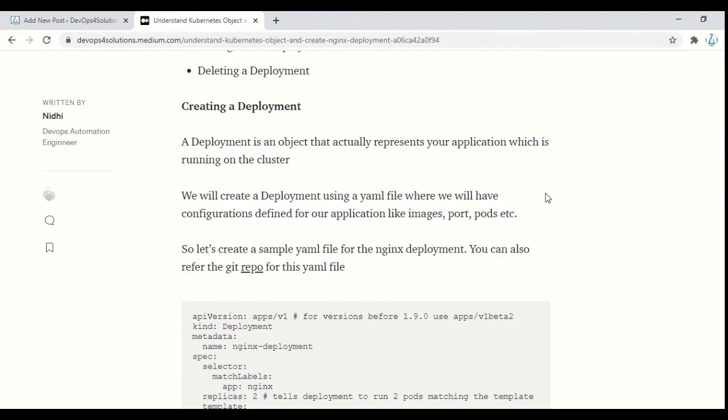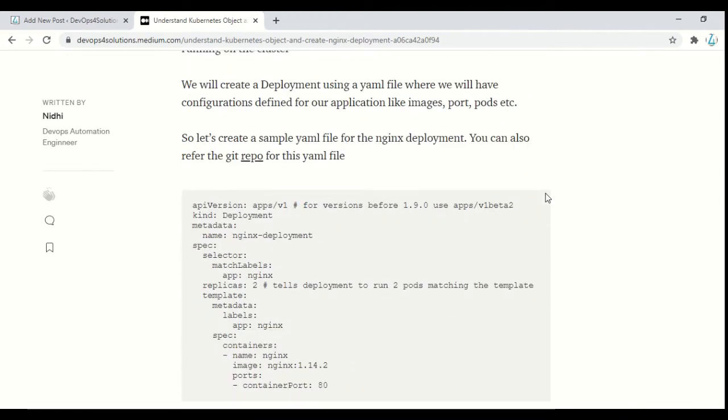We will create a deployment using the YAML file, where we provide all the configurations: the images to use, how many pods you want, the ports, labels, every detail, in that YAML configuration. In this video, we will be doing the Nginx deployment.